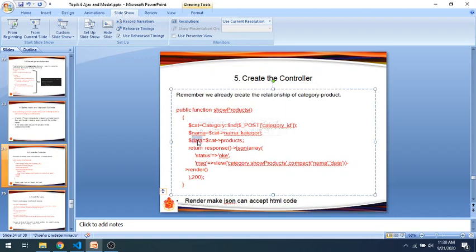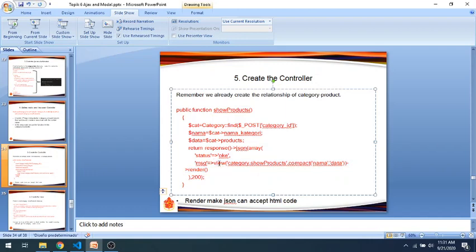Okay, this time we will create a view, because maybe if we want to show some details, some form with many details, a complex user interface, it will be easier if we create a view.